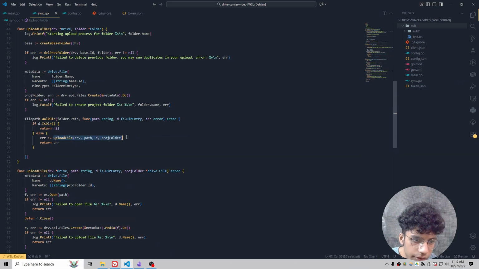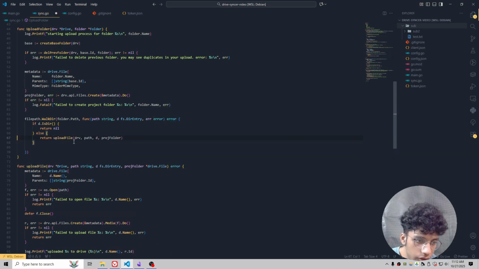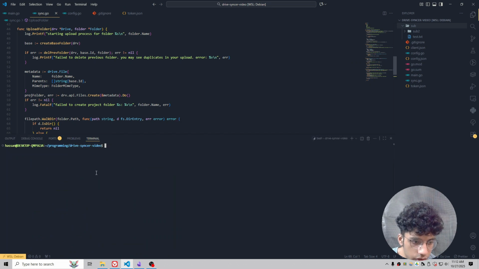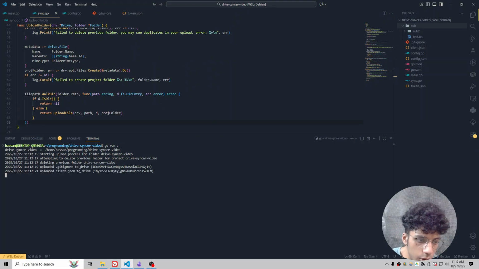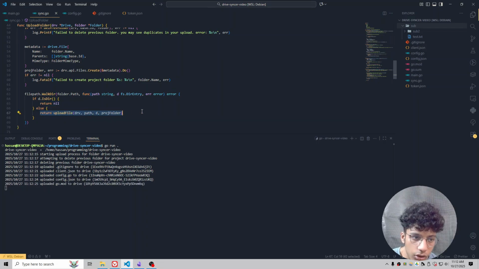Or you can even simplify this to something like return this, and that'll work as well. Let's do one quick upload just to make sure that this is still working and that we didn't break something over here. Okay, it's still uploading files. Perfect. So this works. Now we can upload files through this function, but now we also want to upload folders